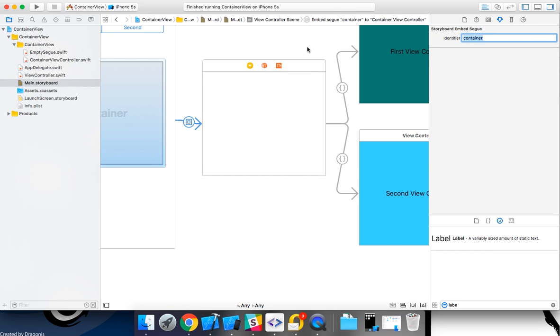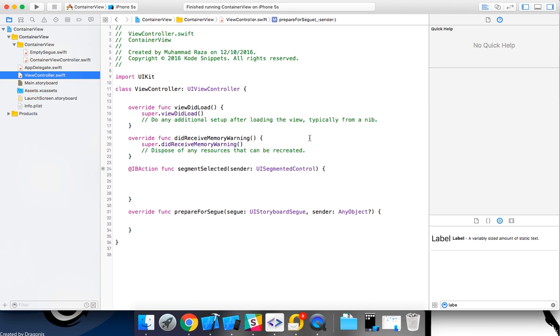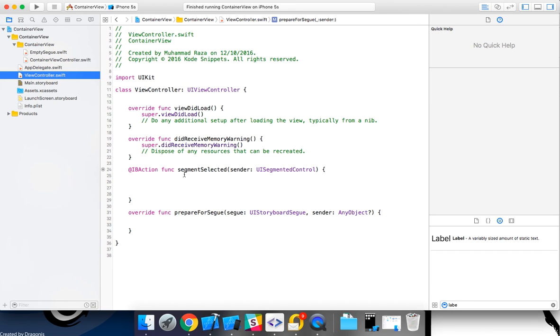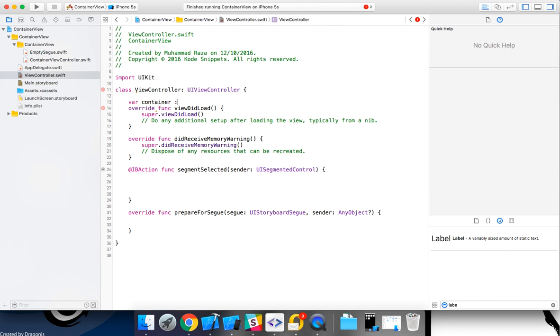Now select your container view, and let's say you want the first view controller to appear as soon as your application starts, so change it to first here. Now come back to your view controller, and in your view controller class, create a container view controller variable,